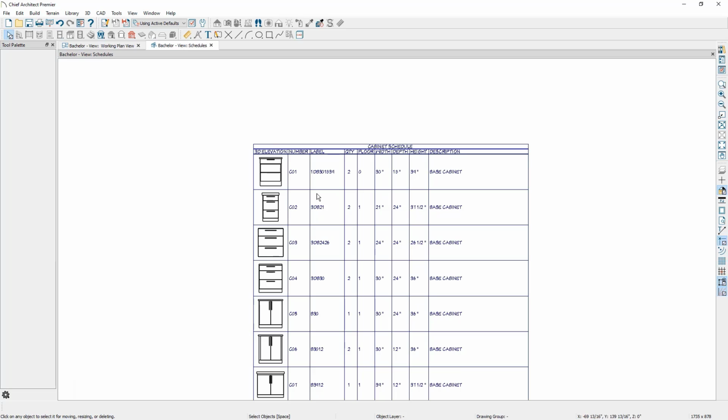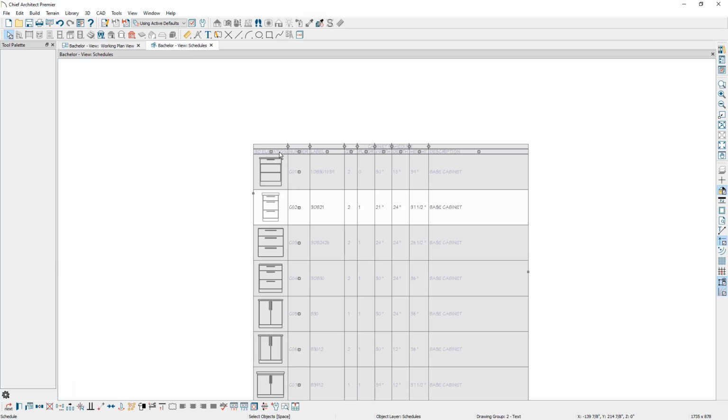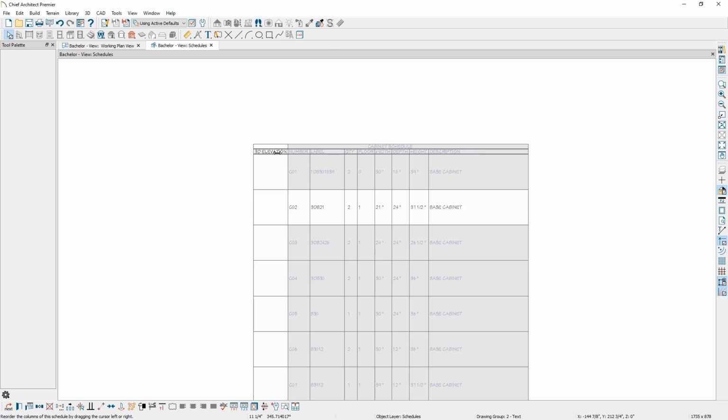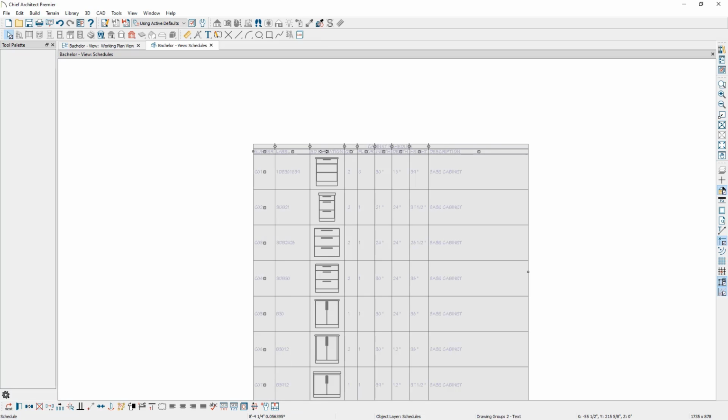If we click on the schedule, at the top of each column there's a little square handle. If you select and hold these square handles, you can rearrange the order that the columns display in. Similarly, notice at the start of each row that there's a square handle. Just like with the columns, you can select and hold these square handles and rearrange the order that the cabinets